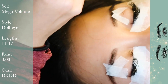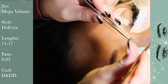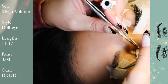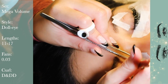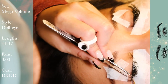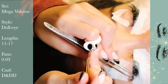So for this set, there's a few things that I wanted to talk about, and I already mentioned how the fans should be wide. This will add that nice little fluff at the very tips of the lashes, and if you stay tuned at the very end, you'll be able to see what it looks like. Try to focus on wide fans when you are creating a mega volume set. This will allow the girls to get that really glamorous look that they're looking for. And in my opinion, I do think you should do 100% of the lashes with these wide fans